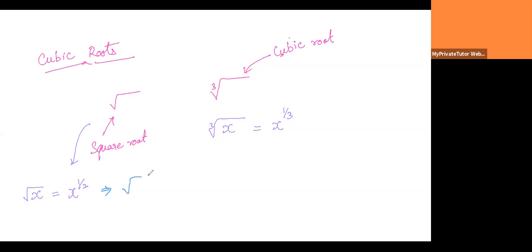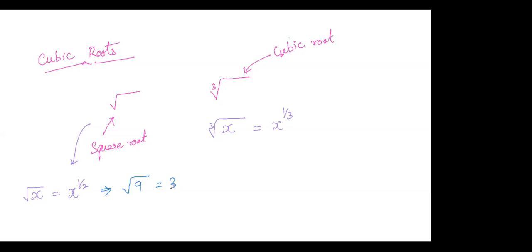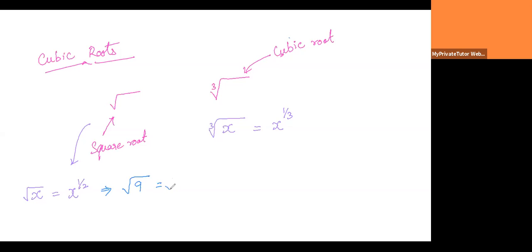I hope everyone knows what the square root of 9 is. What is the square root of 9? 3. But how did we get 3? We can just explain it as 3 times 3. So that's why we got 3. You might say that because 3 square is 9, square root of 9 is 3. Yeah, that's a good explanation. But